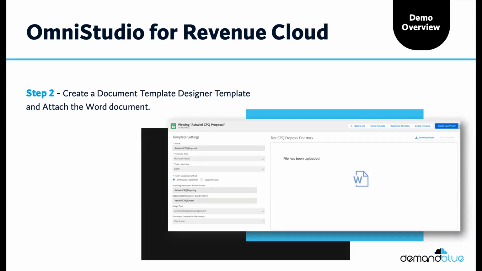So once you have this, on the right-hand side, you will see that there's a place for you to upload the template that we just saw in the last step. Once you're done with that and save the template, it's going to give you two options. One is, if you see on the left-hand side, there is an extract data Raptor and a transform data Raptor. You can already create those and just use them here. Or if you have not already created them, you can just give whatever name you want here and save this template